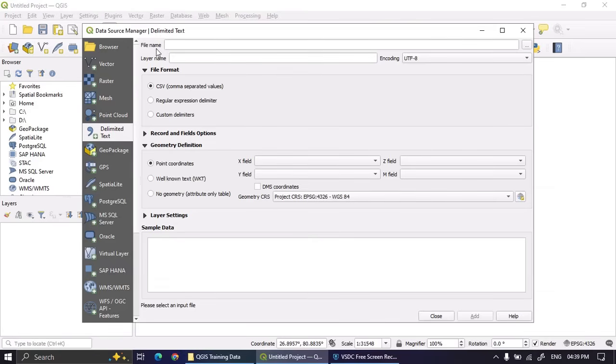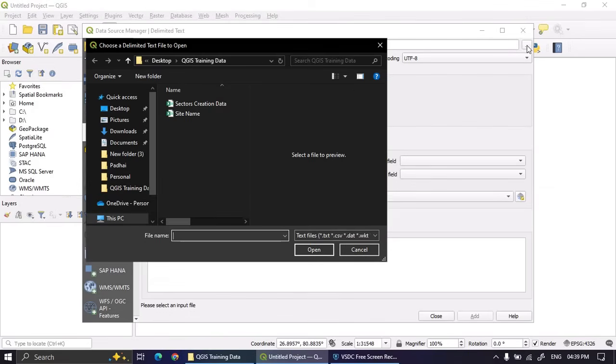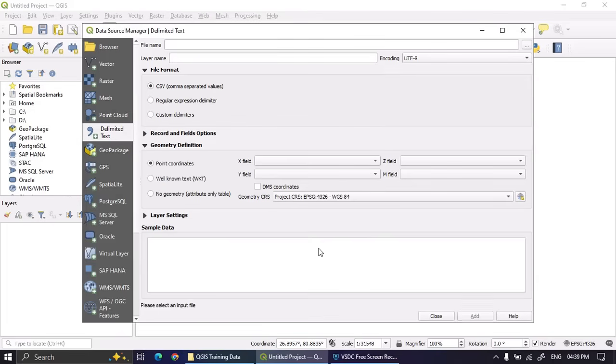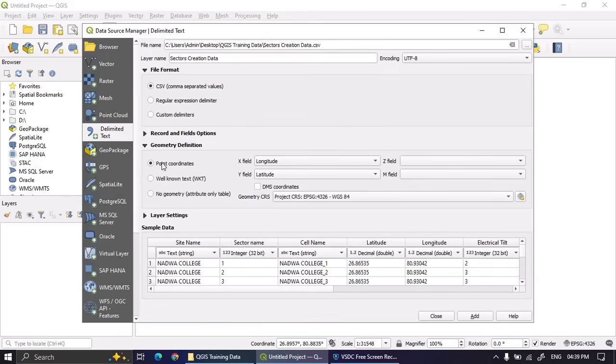The first option is showing the file name and it's asking for its location. So click on this and locate where your data is. Now in the geometry definition, if you already mentioned longitude and latitude as words in your data, it will fetch directly from this.